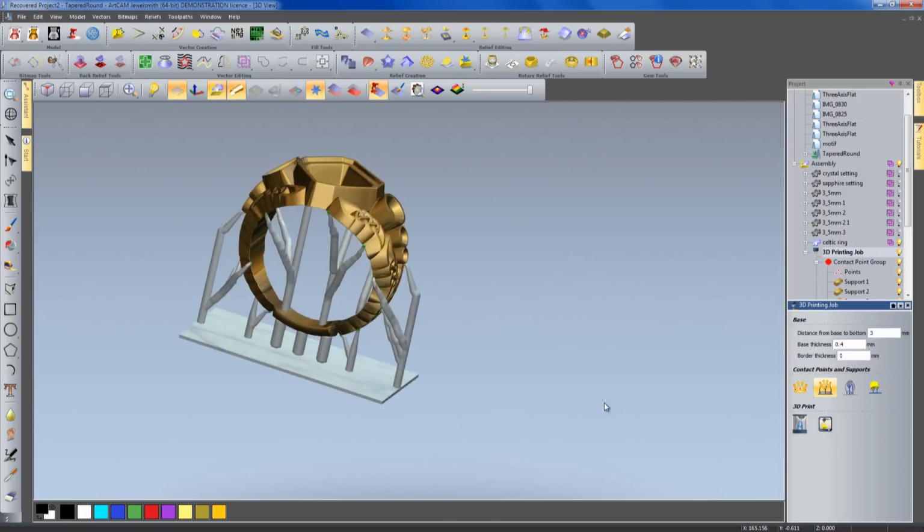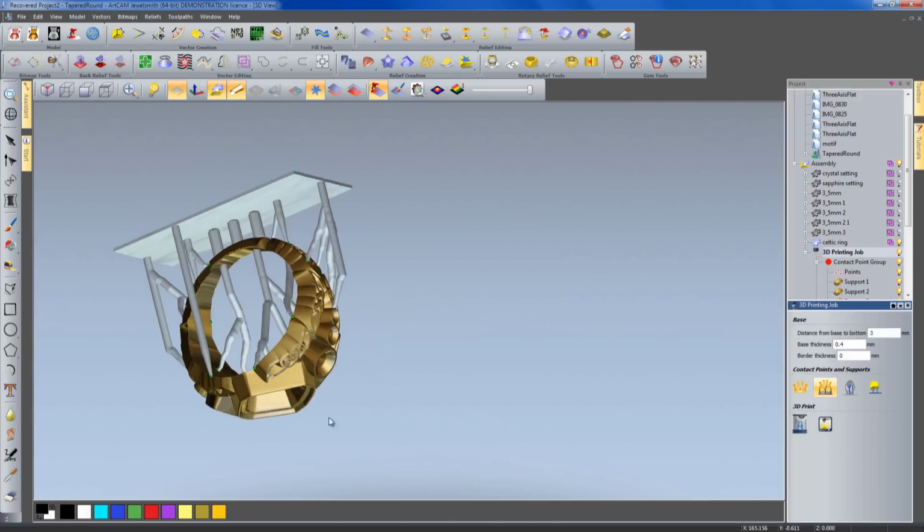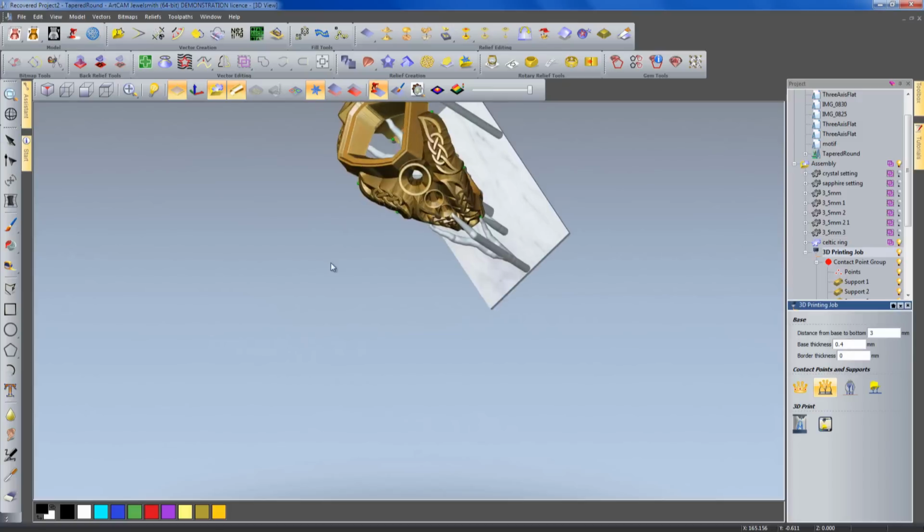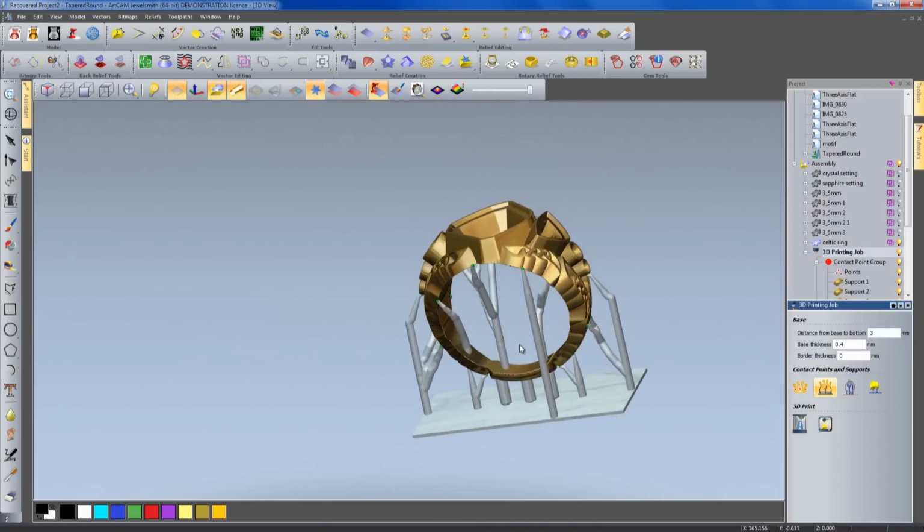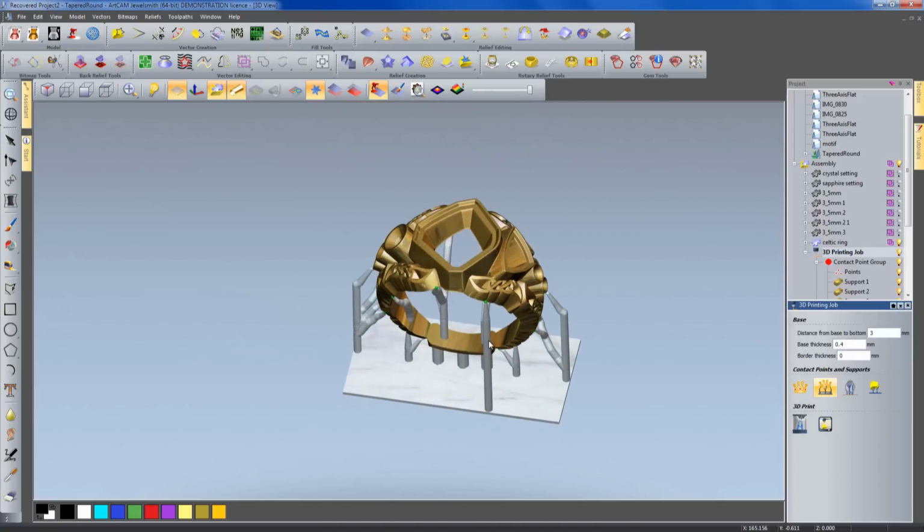So all the supports are on there ready for the build, and all we have to do is slice the model. We've got another nice option in here as well. It takes the same amount of time to print 1 or 4. I think 4 of these items will fit on the base of the Ember machine for this style. So you can go into the